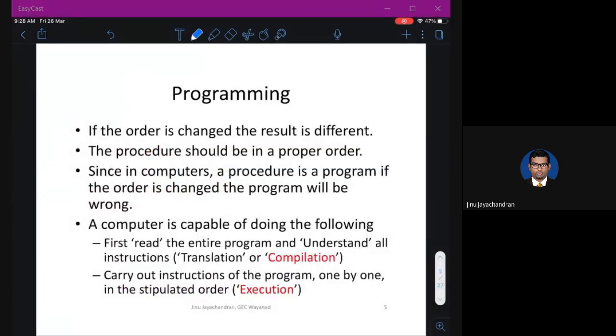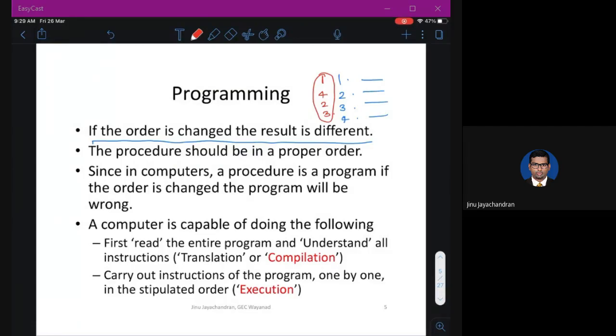So programming. If the order is changed, the result is different. So I have written a program in which I have first instruction, second instruction, third instruction, fourth instruction. And I'm sure that if I execute in this order, this will give me a result. Now, if I interchange the order, for example, the first instruction I had given as first, but then I gave the fourth instruction, then the second instruction, then the third instruction, this will give me a result which is not decided.